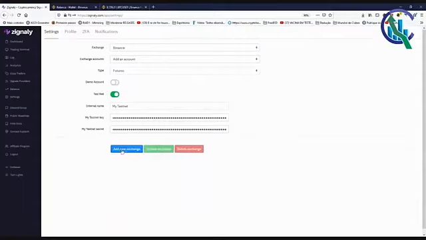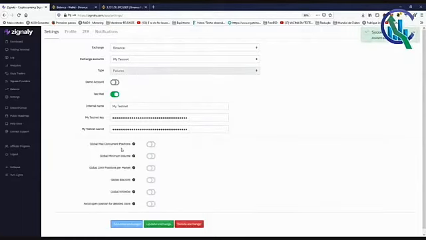That's it. I will add a new exchange. I could also choose the demo account, right? So it will be using virtual funds, but I want to test with the real exchange connection. So that's it. Account was added successfully.